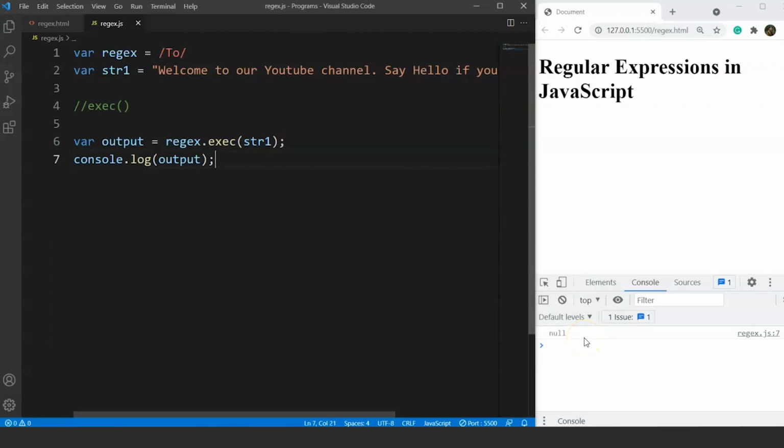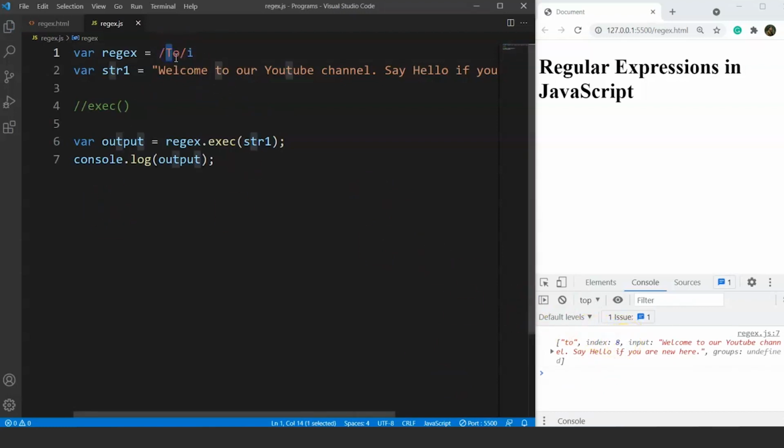Why so? Because regular expressions in JavaScript are case sensitive. Case sensitive means it differentiates between capital letters and small letters. But the good part is we can make them case insensitive as well. All we have to do is use a modifier. A modifier is actually used to make modifications in the search. So we have to write a single letter in the beginning, and in this case we'll write I, because this modifier will tell the system that there will be no problem with the case sensitivity of the word. Now it will work fine, and if we save this program we can see we have the output as index 8.